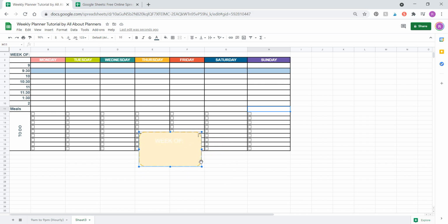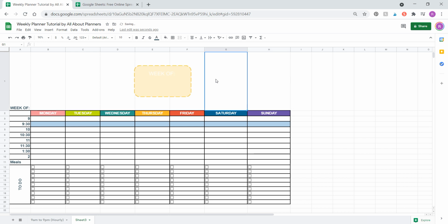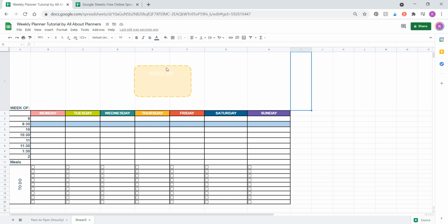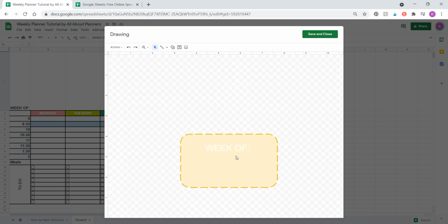If we left click and drag in, we can have this box up the top. If you didn't want to have just a week of box, you could add a pattern behind there if you go insert image. So if you've seen a digital paper that you like, you can add that in and add that as a background up the top. The only issue with this drawing thing, it's very clunky, a lot more clunky than in